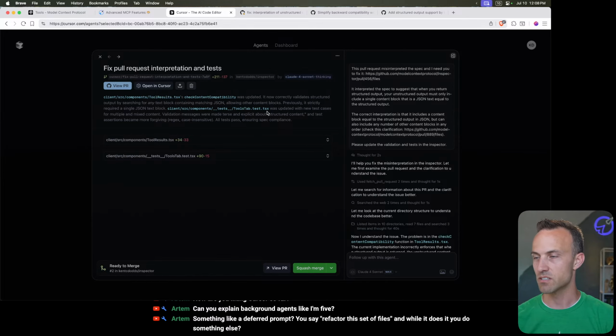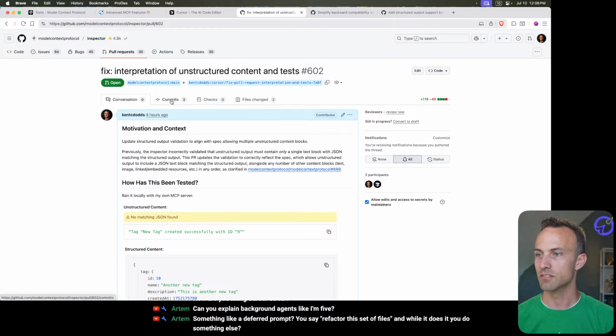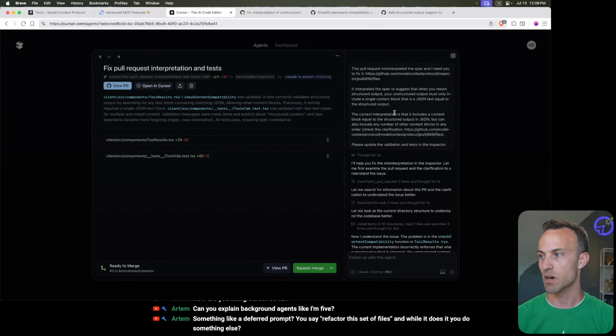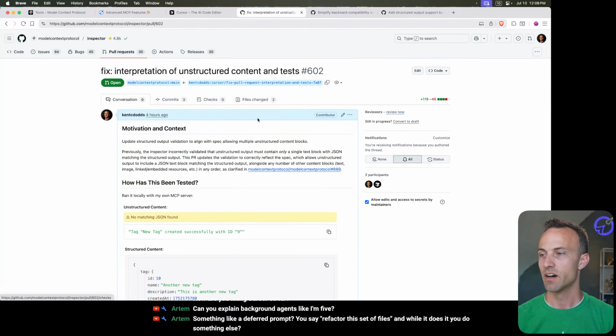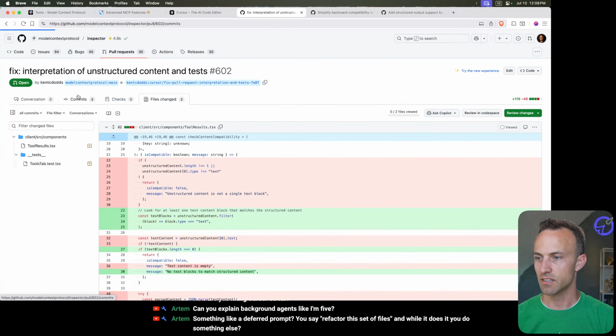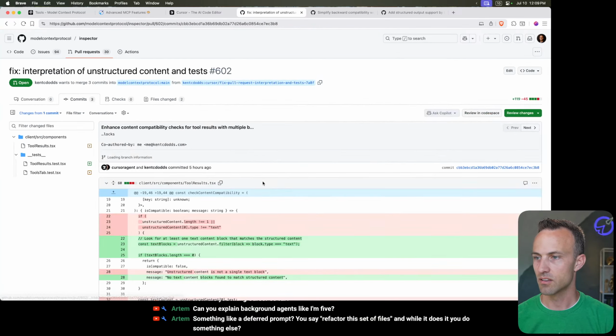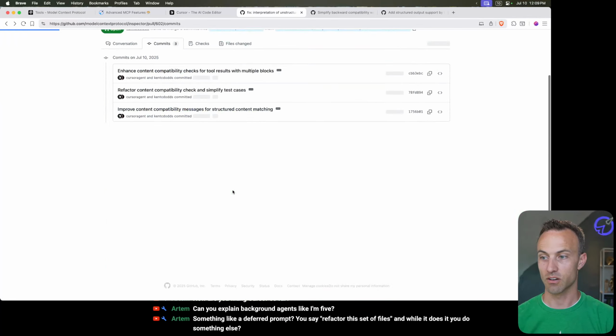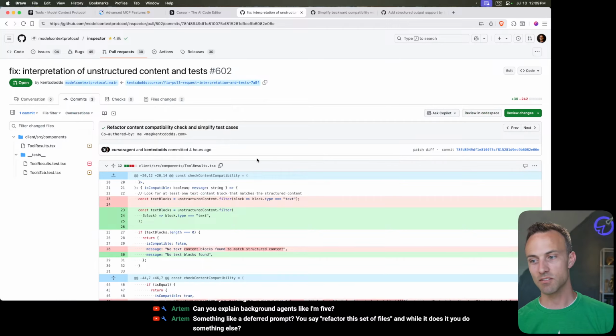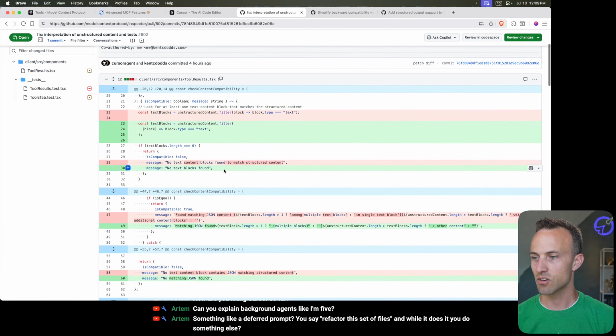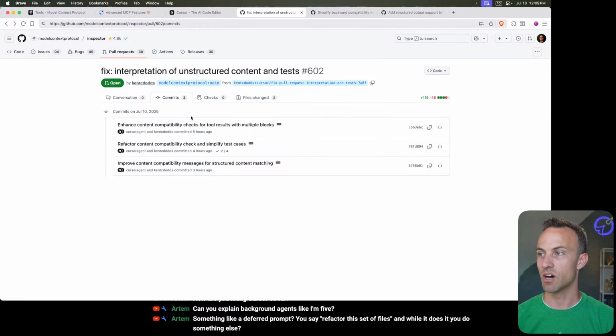And it did it basically perfect. The only thing that it did wrong, and I did this from my phone downstairs as I was coming in from the car. So that's the amount of time it takes to type this out on my phone. And then it created this pull request using my account. I kind of wish that they had a bot that would create it, that would make it more clear. But originally it created this, and I was like, wow, that's amazing. It's using React Testing Library, which made me feel good. And then I was like, I feel like you can make the messages a little bit more terse. And so I left that feedback